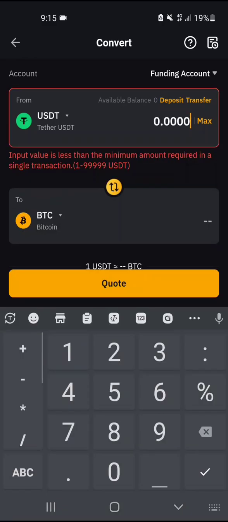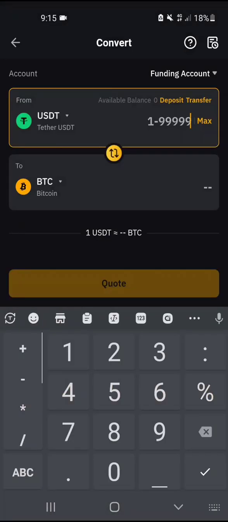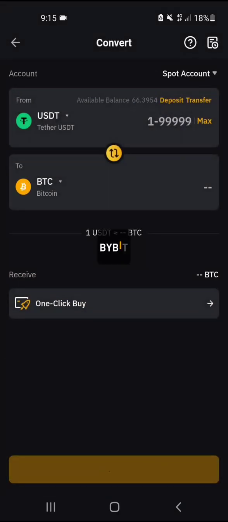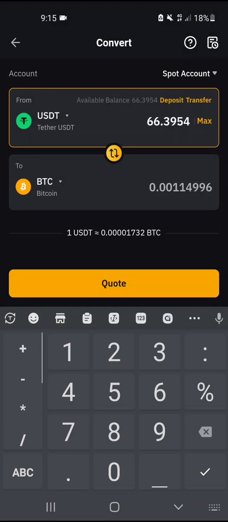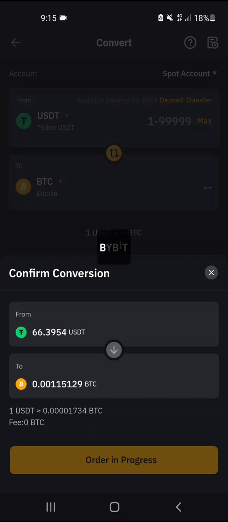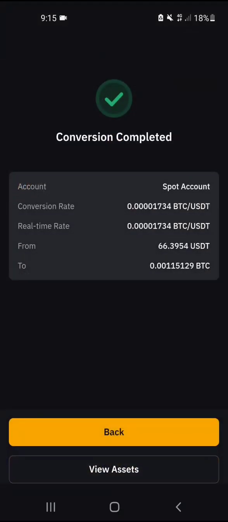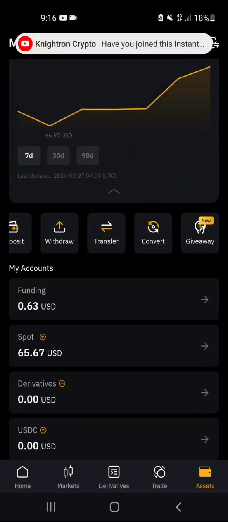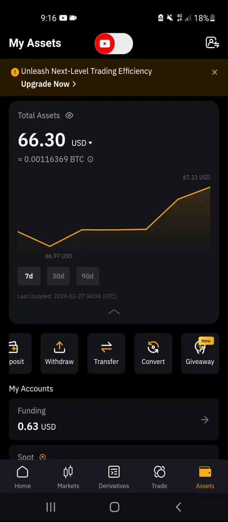Click on max. It says the input value is less than the minimum amount required. One thing to notice is the funding account: I have my tokens in spot. Done. Do max, quote, confirm, done, conversion complete. Back, done. I bought